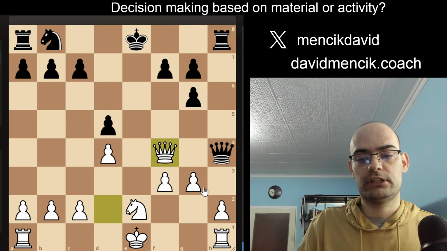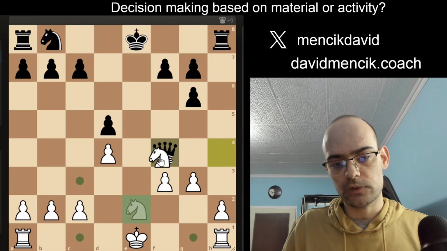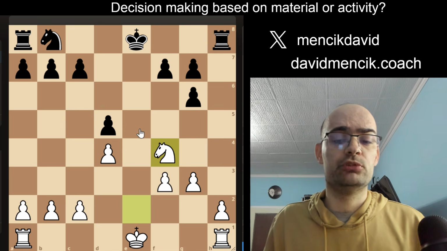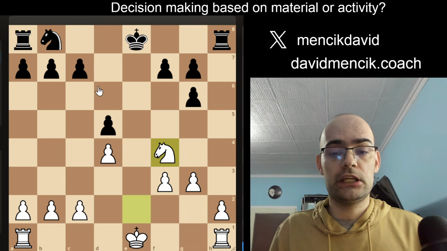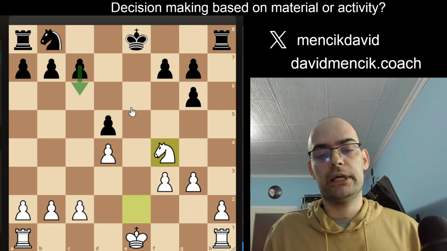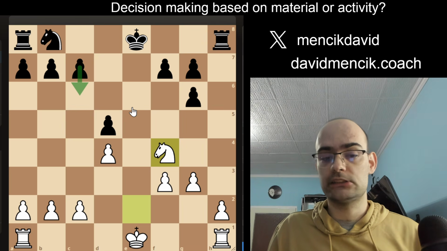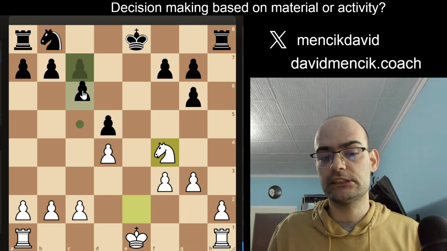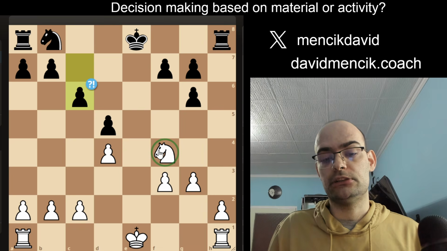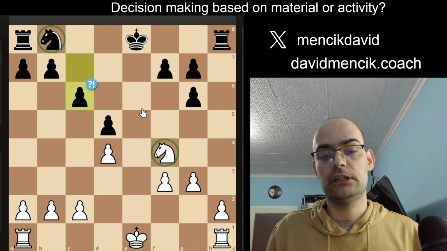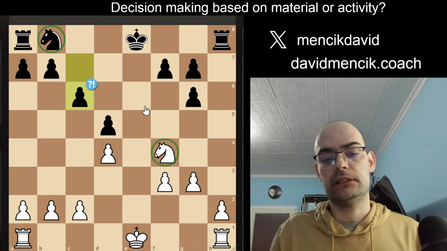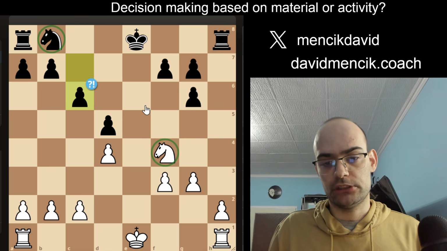Alright, so the move queen f4 makes sense. After knight takes, of course, taking with the pawn is nonsense. We are playing only active moves and we are not destroying our pawn structure. Of course, here my student thought that the move c6 would be forced by black. Black did actually play c6. The game ended up in a draw, but after c6, we could say that white is maybe slightly better, as the knight on f4 is definitely better than the knight on b8, and maybe we could claim some kind of at least visual advantage for white.